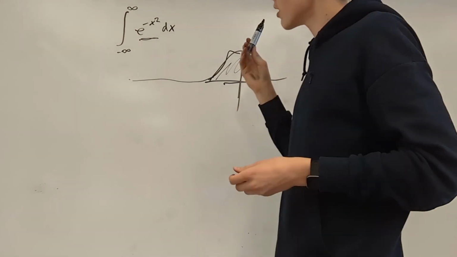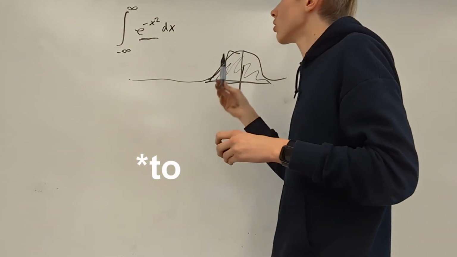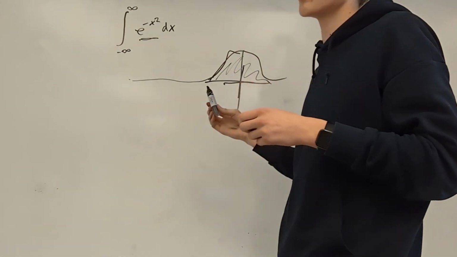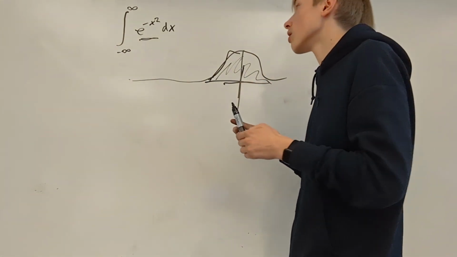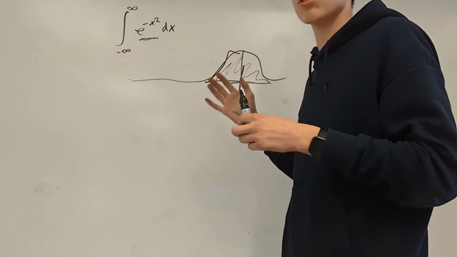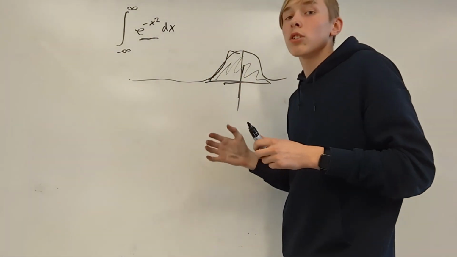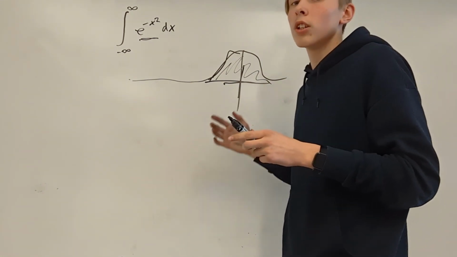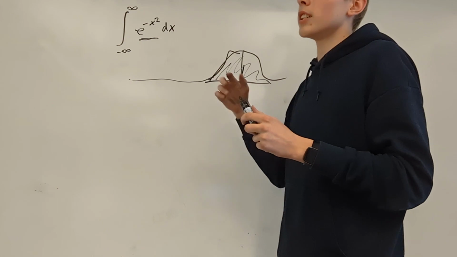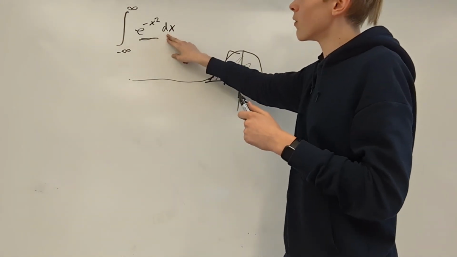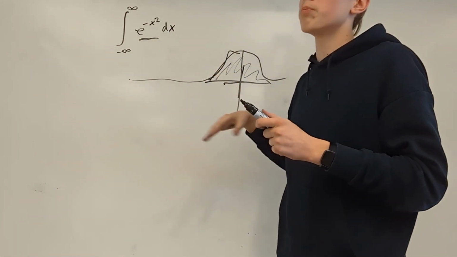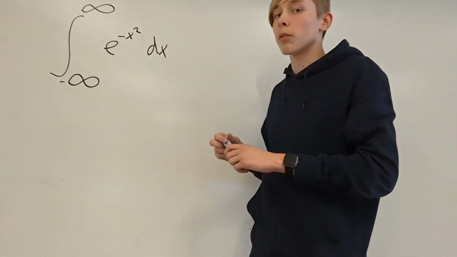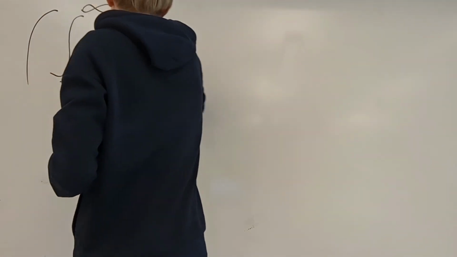And now, you might have tried to solve it on your own, but it's actually very hard because it has a non-elementary solution, which means that you can't do a u-sub or some regular strategy. So in this video, I'm gonna show you how to solve this integral by changing the variable from Cartesian to polar coordinates. So to try to solve this integral, we will actually start by squaring it, giving us